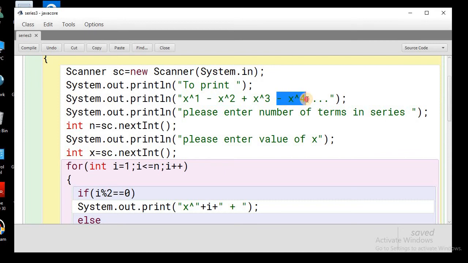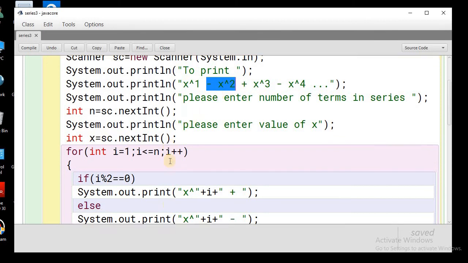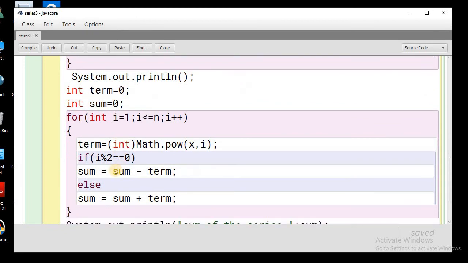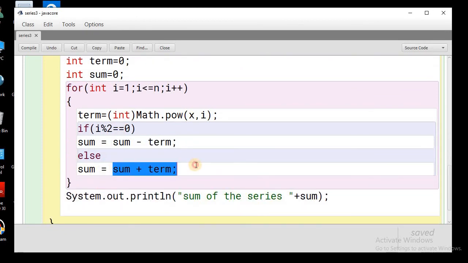This is the even term, so we will subtract. Please do not get confused between printing and actual summing up. In printing, we have used the minus with the odd terms, but for actual summing up, we have used minus with the even term. So if the term is even, then we will subtract it, else if the term is odd, then we will add it.